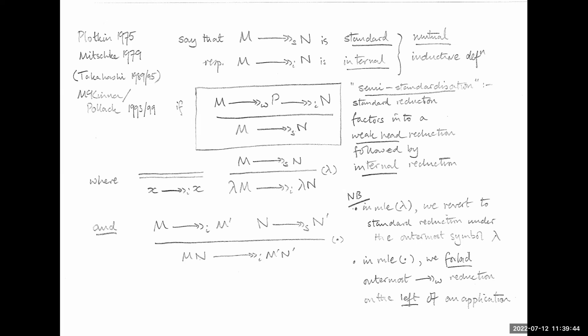So what happens in application? Well, applications reduce to applications, and the arguments, and I must apologize, I've alpha converted again. I had E and A and it was all very beautiful. And then somehow combinatory logic took over my mind and everything is capital M and capital N again. Sorry. The arguments, we restart with a standard reduction, but the function position, the left-hand side of an application, I'm only allowed to do internal reduction.